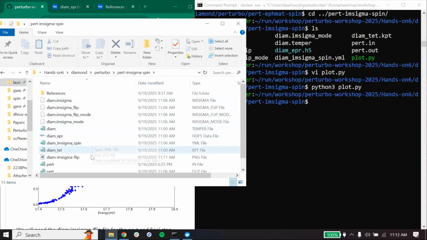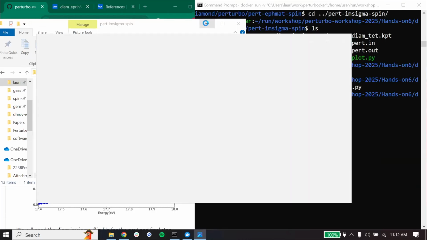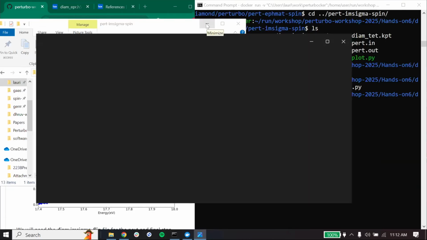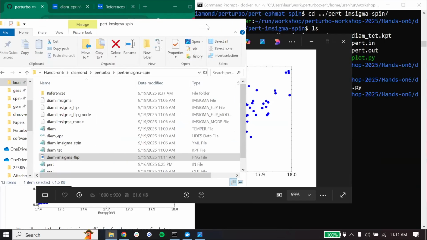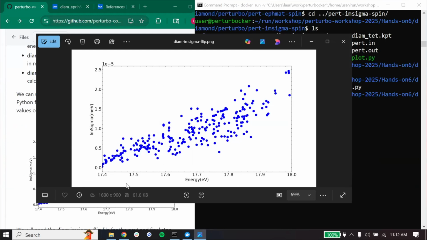We ideally would do this on a much larger number of Q points. So it's not converged. We will still run the spin lifetime calculation, but on your own, you could run this